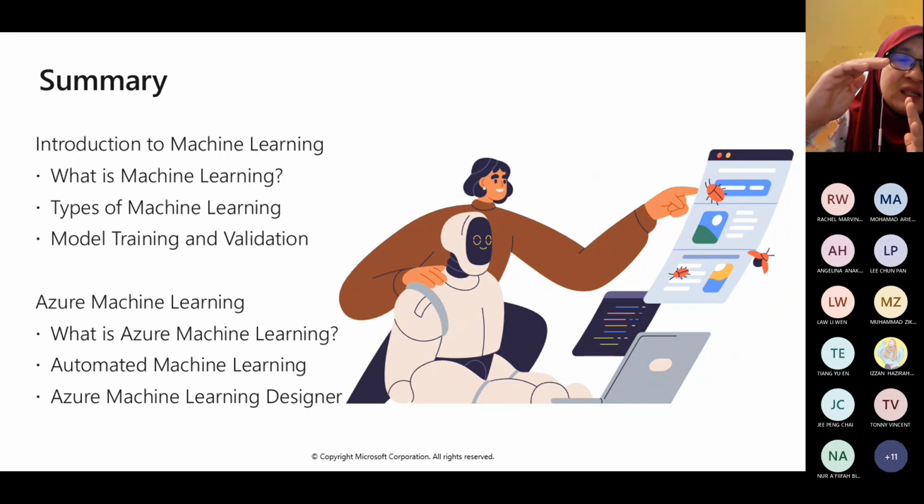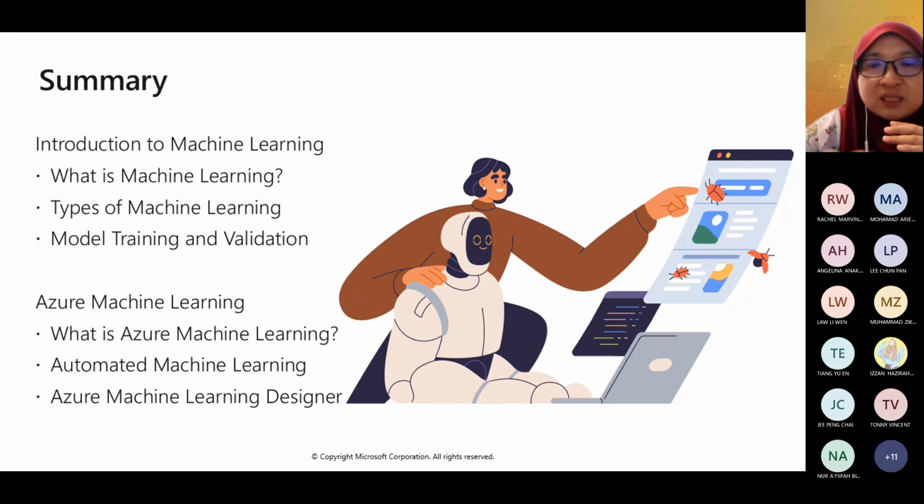Data, okay, and then you train your model, and then you validate the score, and you get the result. So this is actually the pipeline. Model training is the process of you adjusting the parameters of the model using the training data to minimize the error, and you also want to maximize the accuracy lah. And model validation is the process of you testing